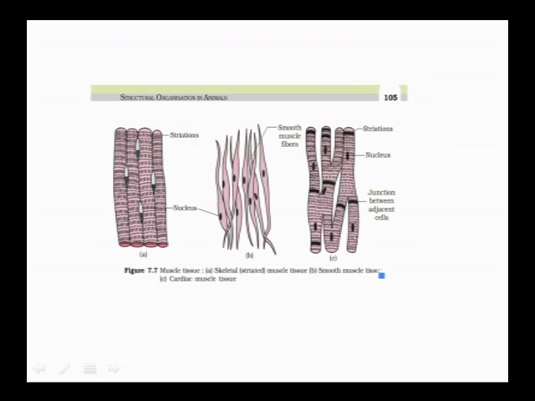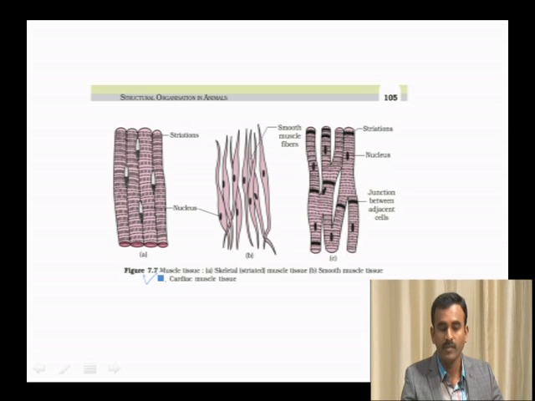Move on to the next type of tissue called muscular tissue or muscle tissue, which provides shape, strength, and flexibility to the body, in which there are three types. Number one, striated muscle or skeletal muscle, which is associated with the skeletal system. It is multinucleated, tubular structures with alternating dark and light striations present. Second one is smooth muscle tissue, which is spindle shaped, uninucleated structures. And third one, cardiac muscle, which is highly specialized, it's branched, multinucleated, and it contains special wall thickenings